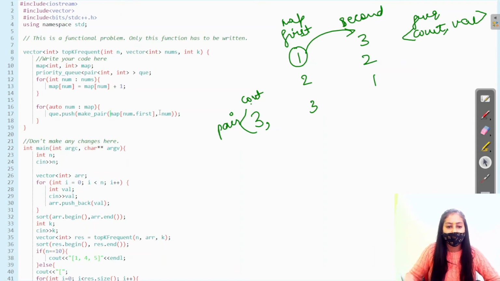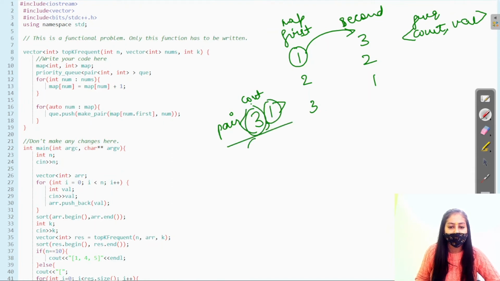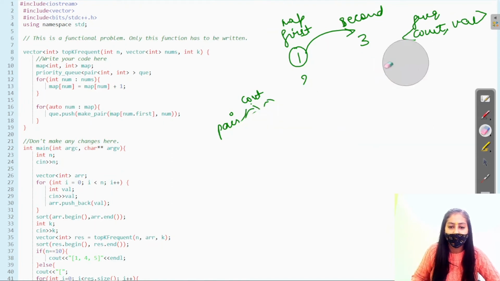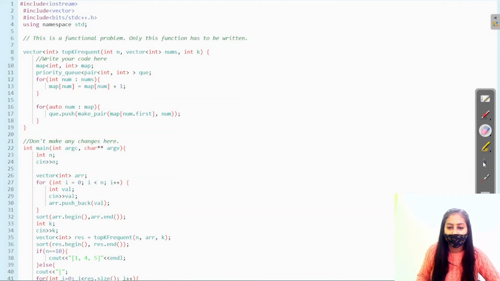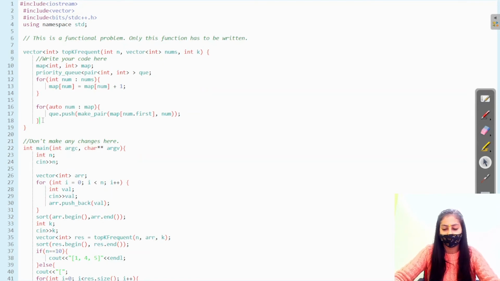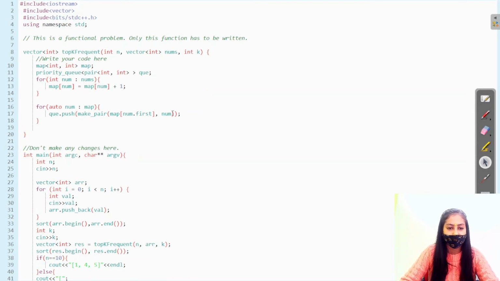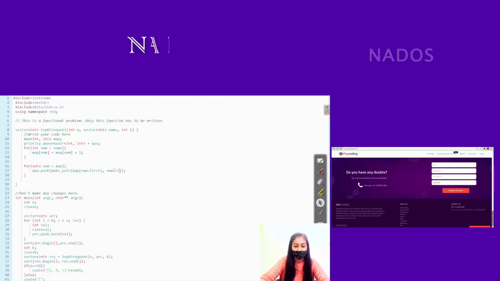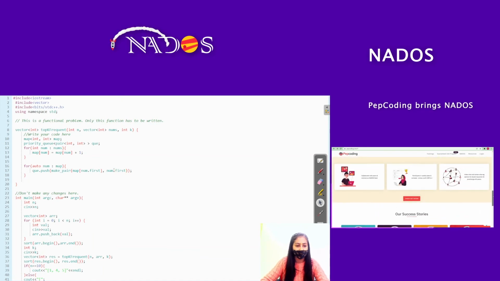At the first place the count will get stored, and at the second place the number itself will get stored. Now all these pairs get added to our queue. Sorry, here also num dot first, so the value will get stored.